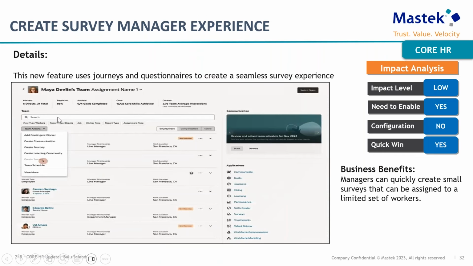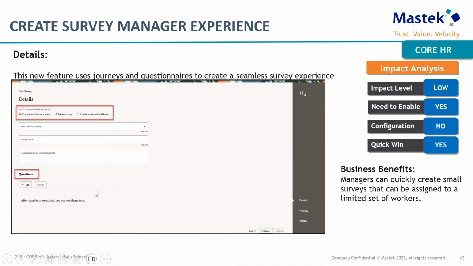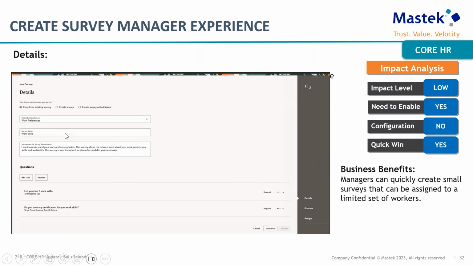Users can navigate to Team Activity Center and click on Create Survey. This Team Activity Center is a new page which can optionally be used in place of My Team. That we'll look into when it comes to the other feature. Or they can also navigate to My Team and click on Create Survey. When they click on Create Survey, you can create a survey from an existing survey by copying the existing survey and adding the questions,